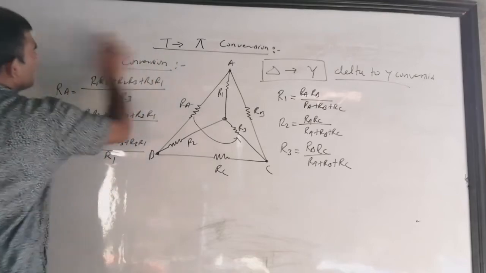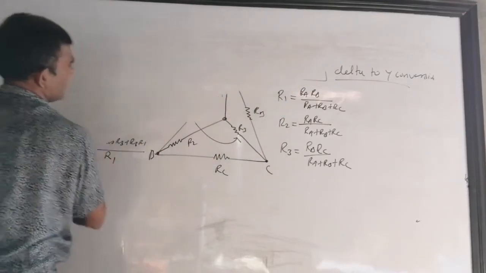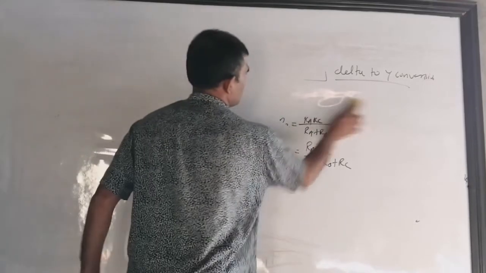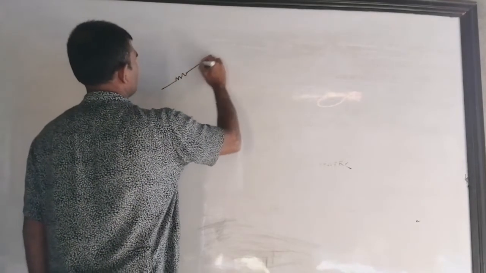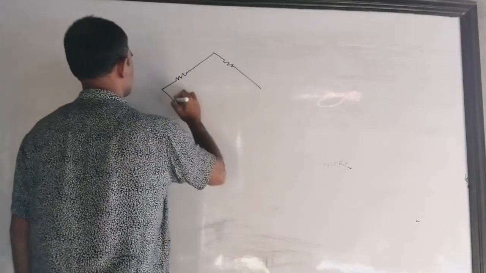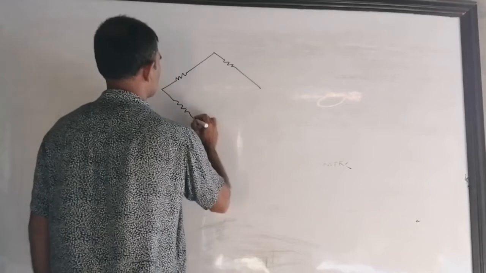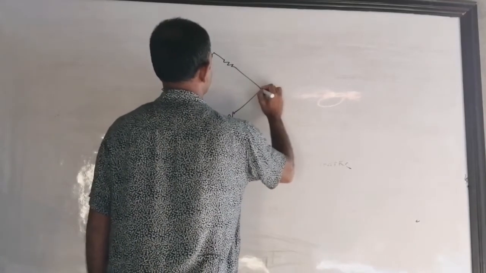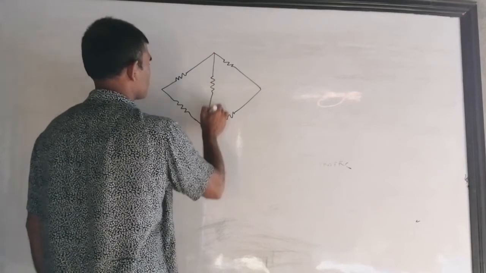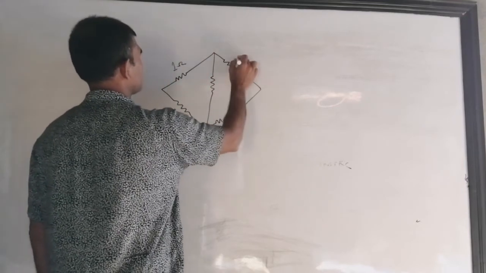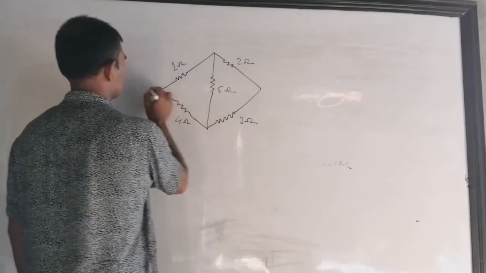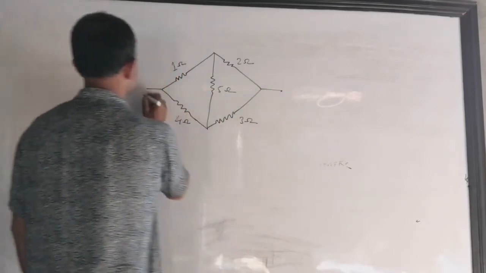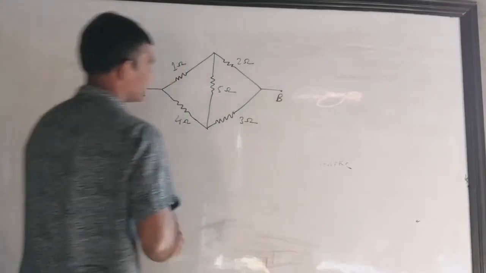So should I draw it? Let me draw. I clear this board because I don't require this formula, because we can make the formula at that instant. Don't write. Okay, last time I had given the problem like this. It looks so simple, but after doing it slowly, it's a complex symmetry problem. It looks so easy, but actually it is not so easy. This is a 1 ohm resistance, this is 2 ohm, this is 3 ohm, this is 4 ohm, this is 5 ohm. And now you have to find the equivalent resistance from A to B.